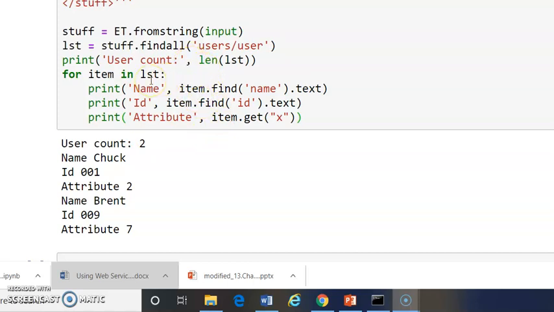So what we did there, using the find all method, we extract the list. With the loads method we extract the entire list, but here we need to use another method, that is find all. We extract the list. Once we extract the list, can we directly access it just like how we access the dictionary? No, it is not possible.